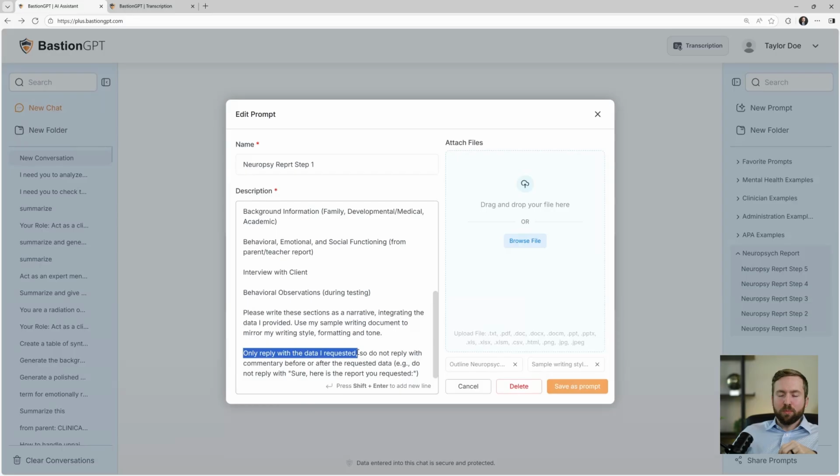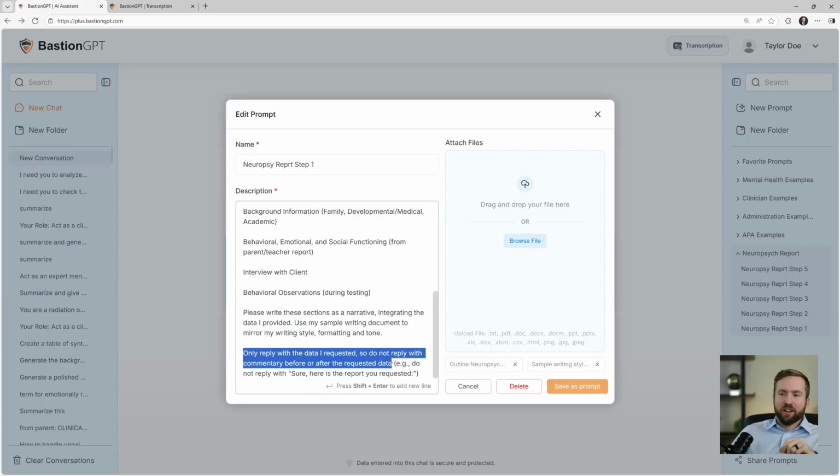And you might notice sometimes if the AI doesn't always follow your directions, one of the things that you can do to make sure that it does it every single time is basically by telling it the same thing twice and maybe just rephrasing the words a little bit. So in this case here, I did a little bit of overkill just to show you for this demonstration, but I basically